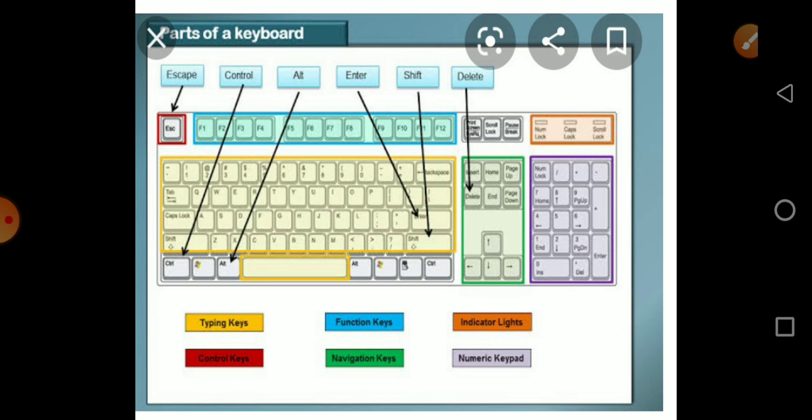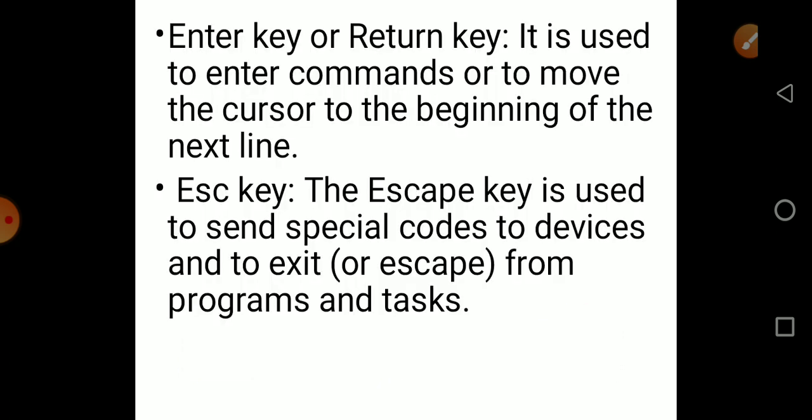So this is another picture which gives you a clear idea of what keys are available in the keyboard. The first thing we are going to learn in the chapter, as I told you earlier, is types of keys. That is what we are seeing now. Next, enter key. As I told you, this enter key is another very important key in our keyboard, which will enter some data and give some input to the computer, as well as move the cursor to the beginning of the next line.